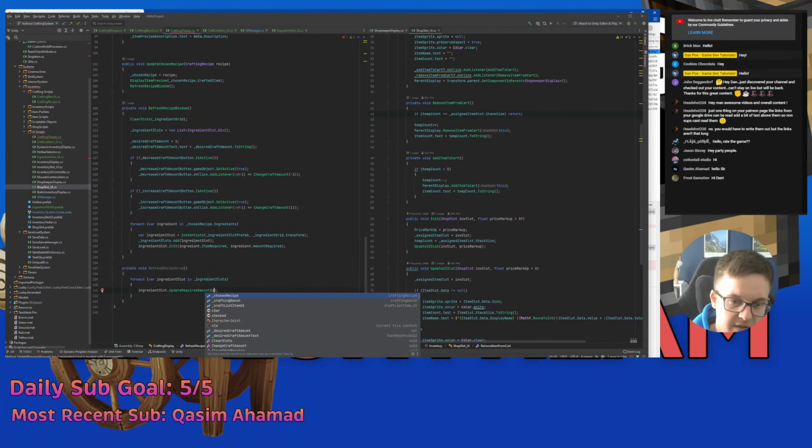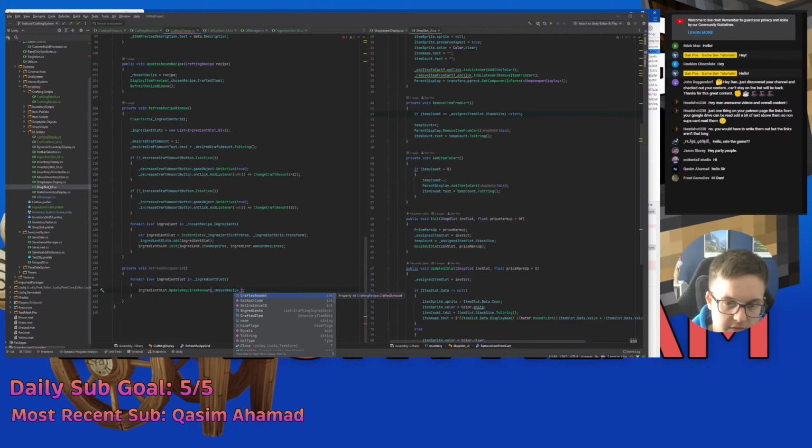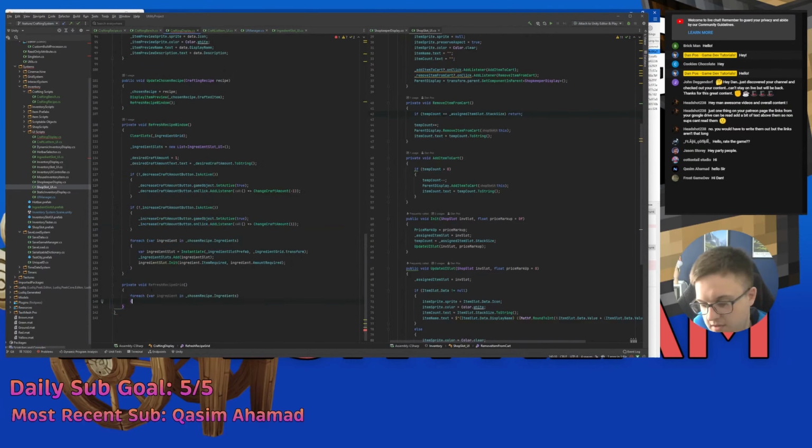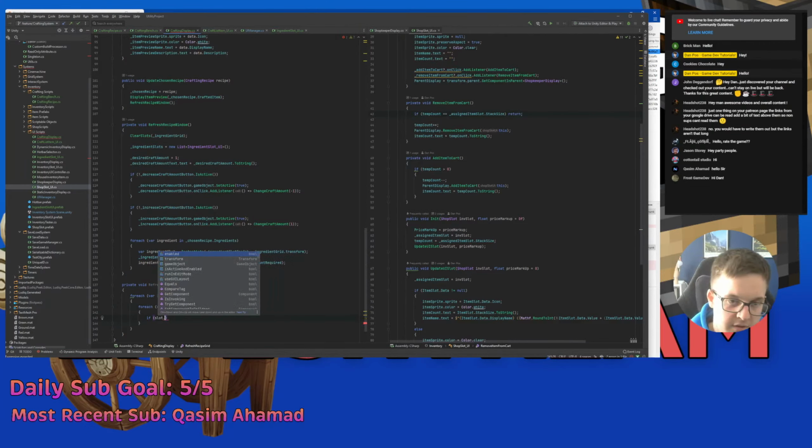to the chosen recipe dot ingredients. No, well, I'm doing this list, so for each ingredient in our ingredients, I then need to loop through every slot in ingredient slots, and then if slot dot